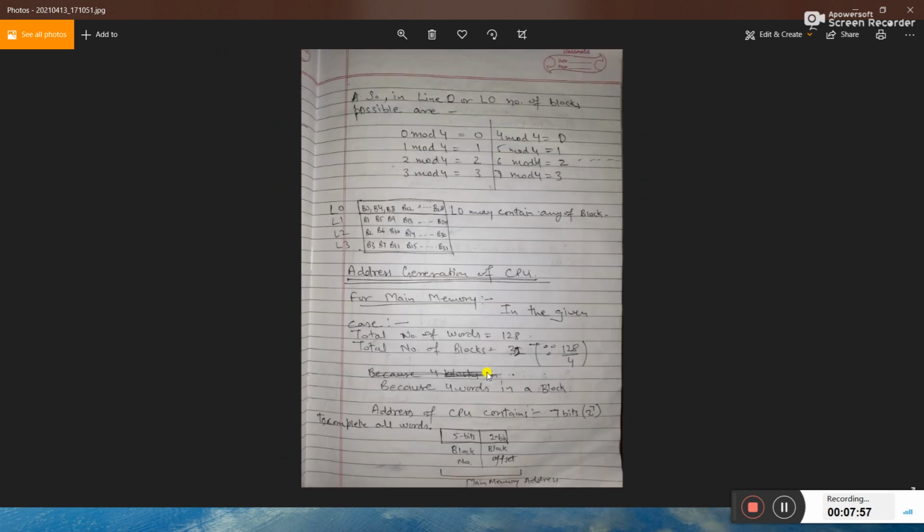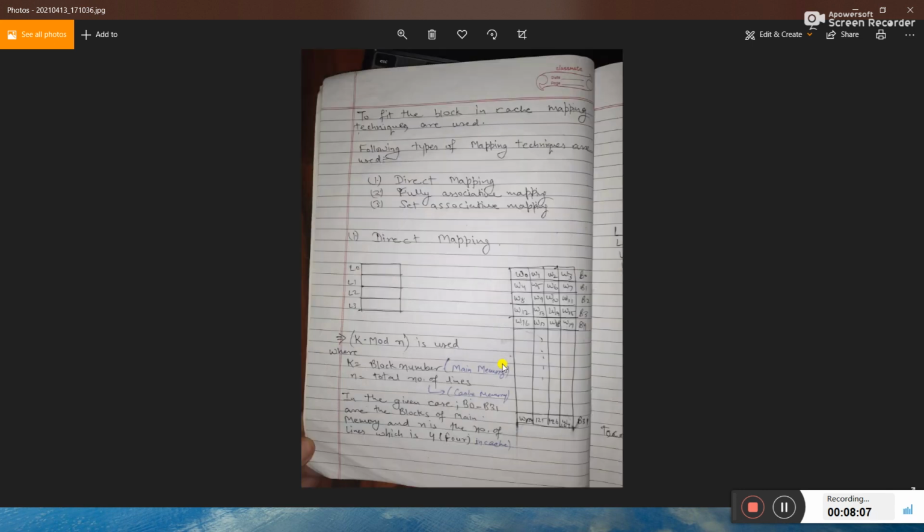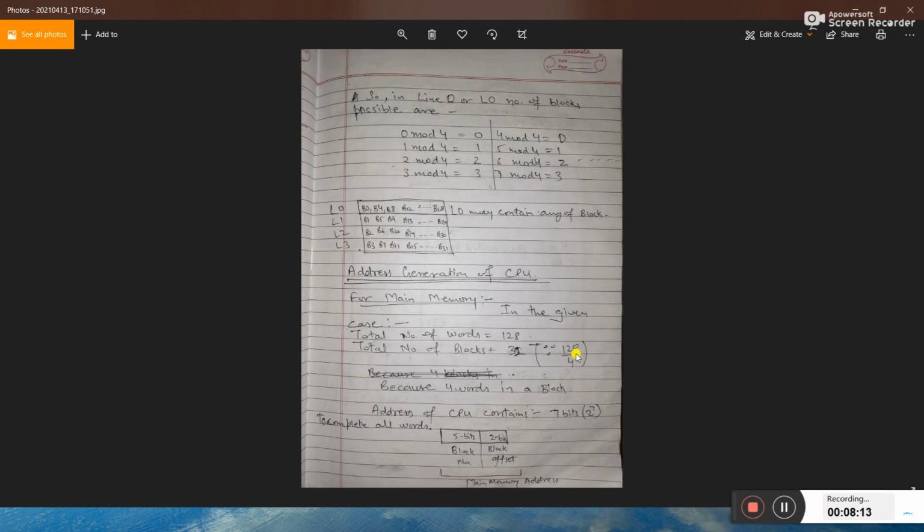So now let's see another thing: the total number of words is 128, and the total number of blocks is 32. Why? Because in a single block there are 4 words. So I have to divide the number of words by the words per block. So the total number of words is 128, and in a single line 4 words may come. So I can get a total of 32 blocks from here. Okay,